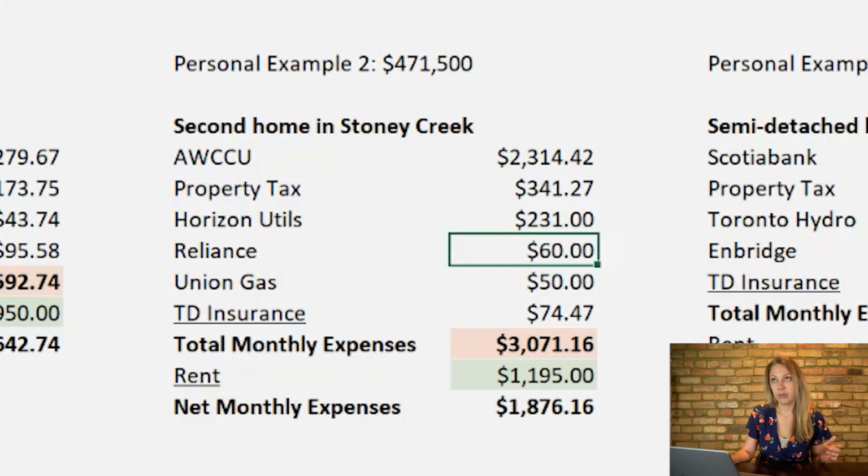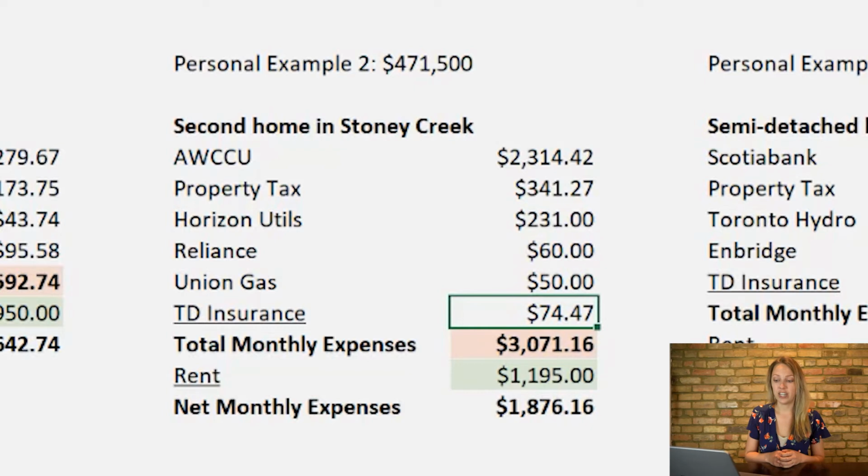Reliance, that was the water heater rental with the property. That was $60 per month, and Union Gas was $50 per month. And now TD Insurance. I still had the other property, so with these two properties it was together double this cost, so I just halved it for this particular property, but that monthly cost was $74.47. So that brought the total monthly expenses of this property to